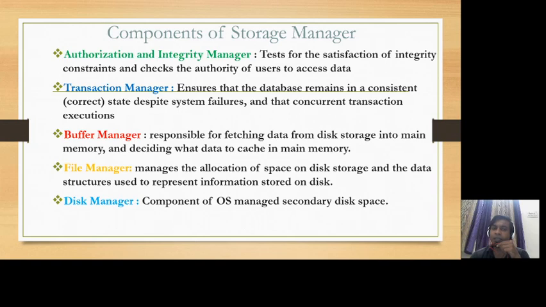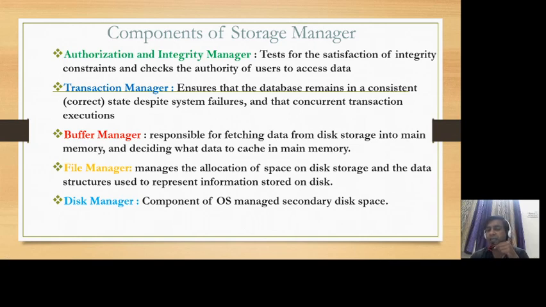Then the buffer manager is responsible for fetching data from disk storage into main memory and deciding what data to keep in cache memory. Then the file manager manages the allocation of space on disk and the data structures used to represent the information on the disk.